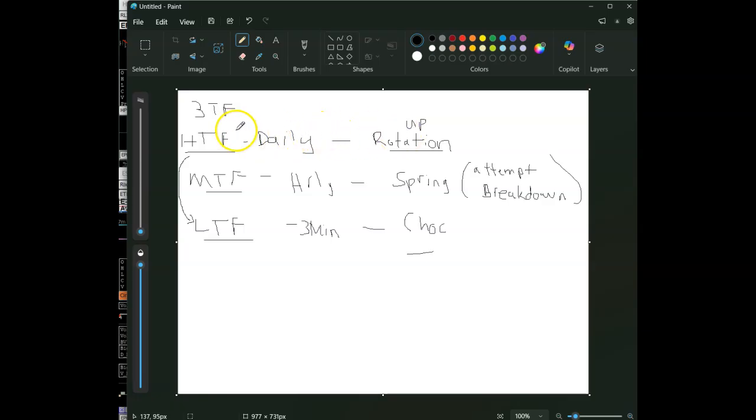Their objective, see, I'm going to write it right now. Daily time frame traders will buy the breakdown,